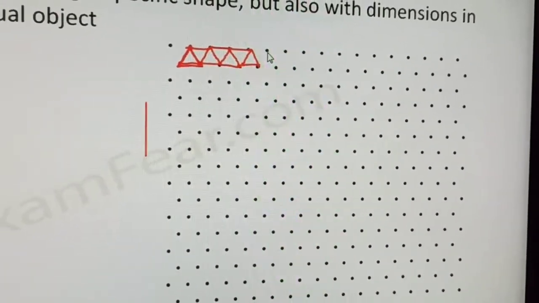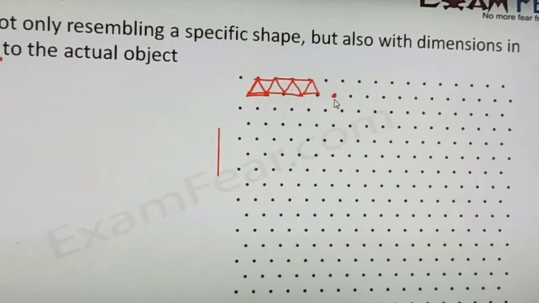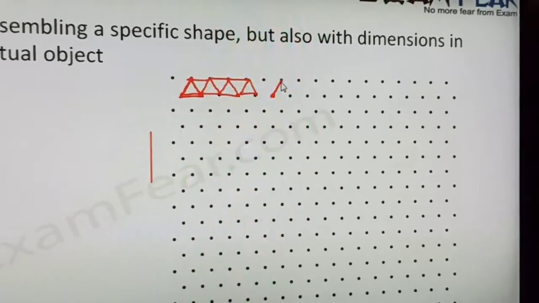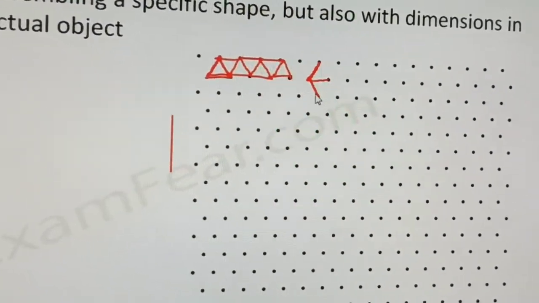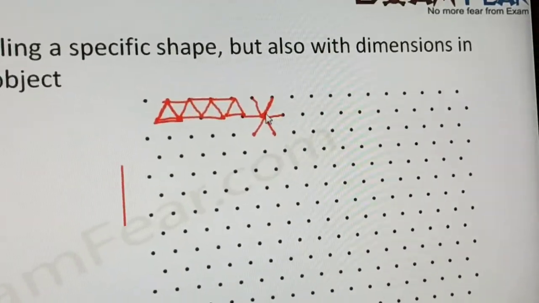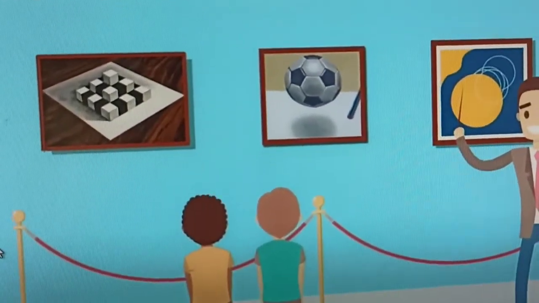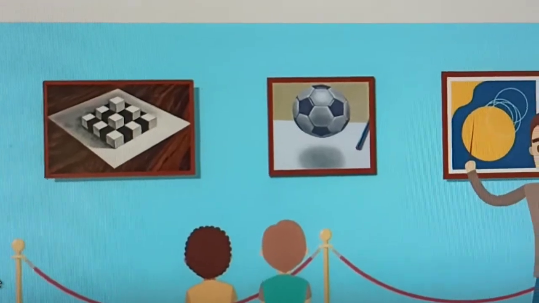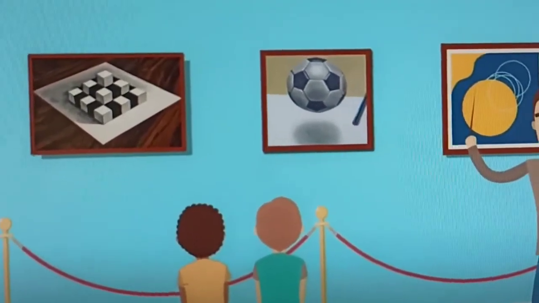They are dotted sheets, and they are in the equilateral triangular design. See, as it is drawn here, like this one, right? You can draw any shape with this. When you see these types of images in exhibitions, you have to think about how these are drawn on a sheet of paper, right?